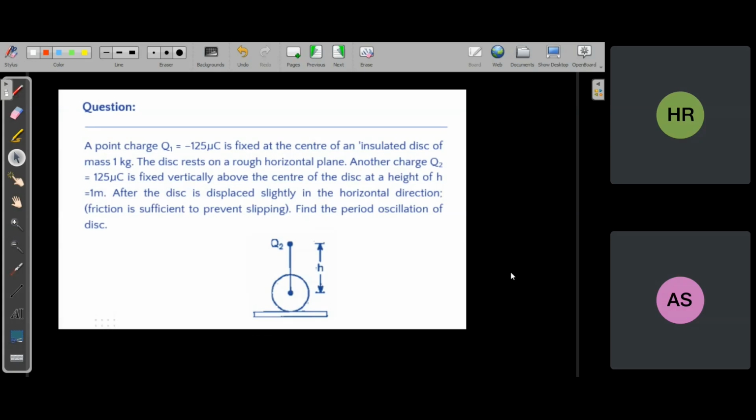So if the disk is slightly displaced, then you will see that a component of force will come which will be in the horizontal direction, right? Right now the force is vertical in this situation, so there will be no horizontal motion. Net force in the horizontal direction right now is zero. But if you displace the disk a little bit by a small displacement x,